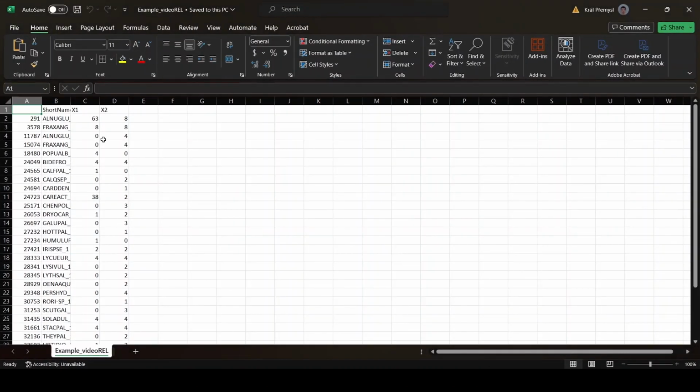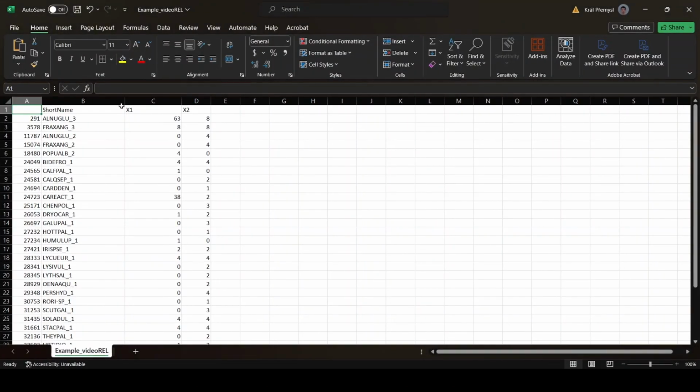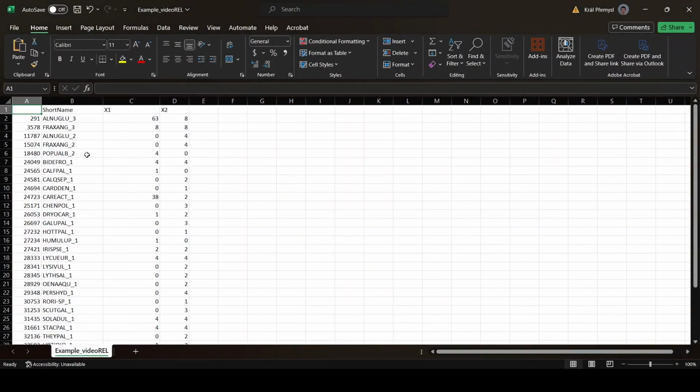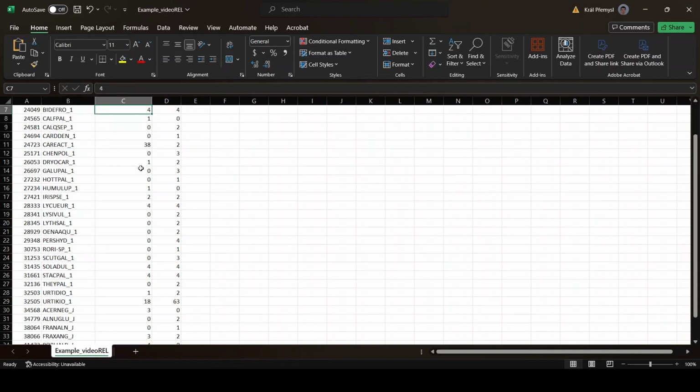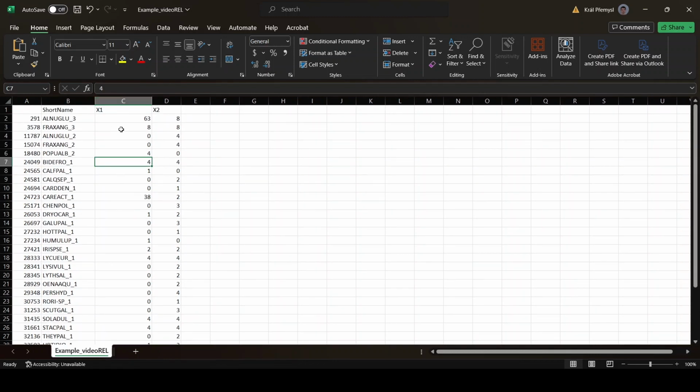So, it's a very simple table, and in some cases, but I really do not recommend it, you can actually modify this table, but you have to keep the format the same, and it's not always the same.